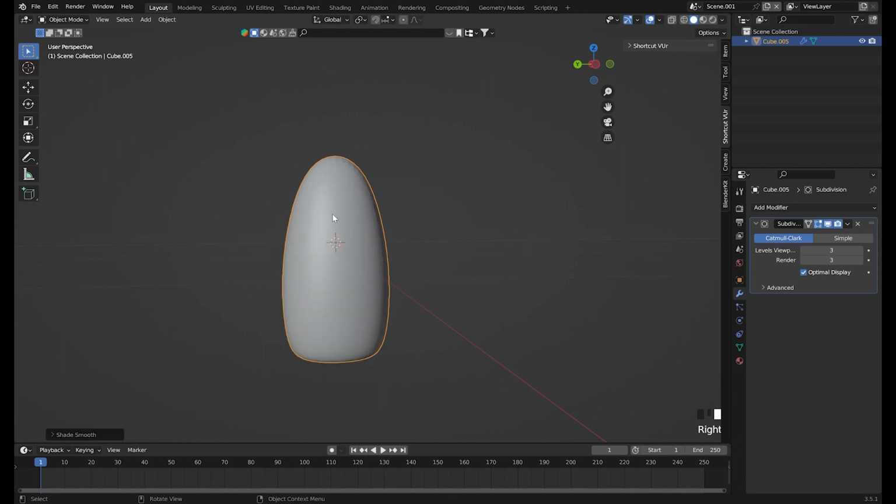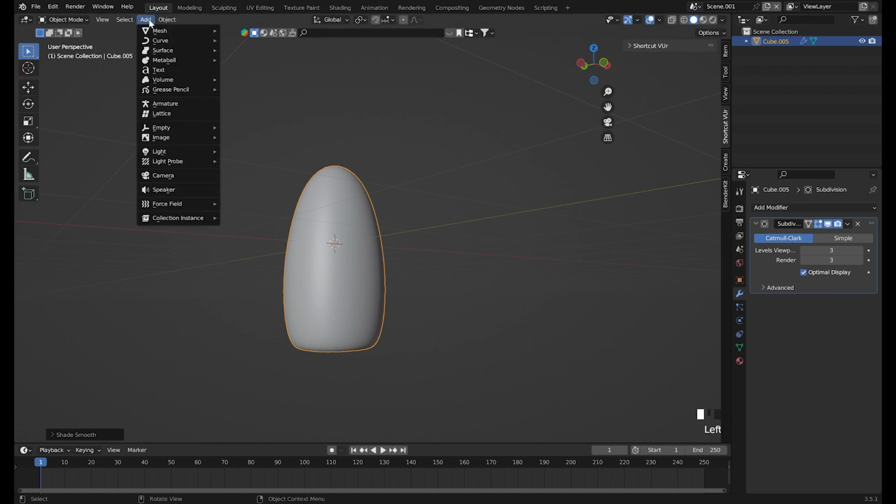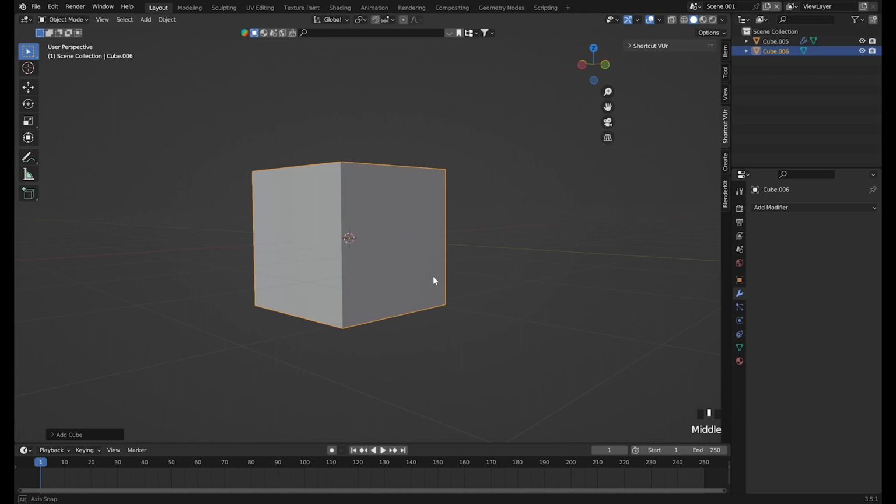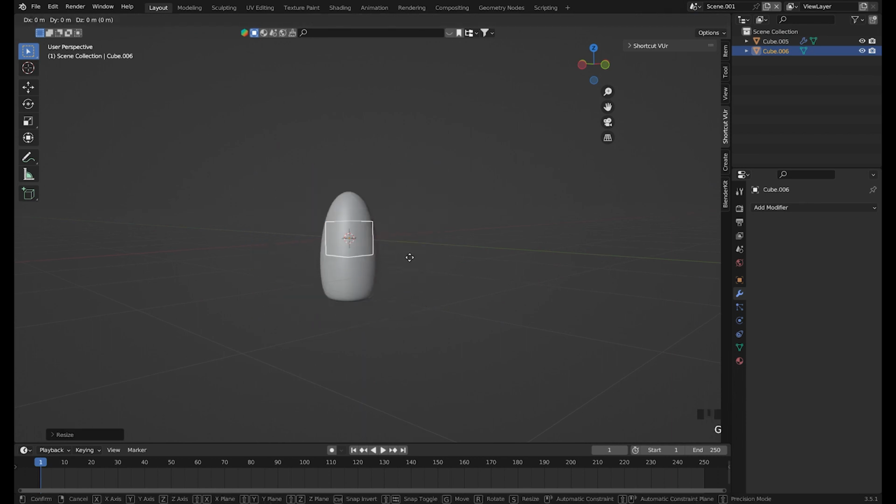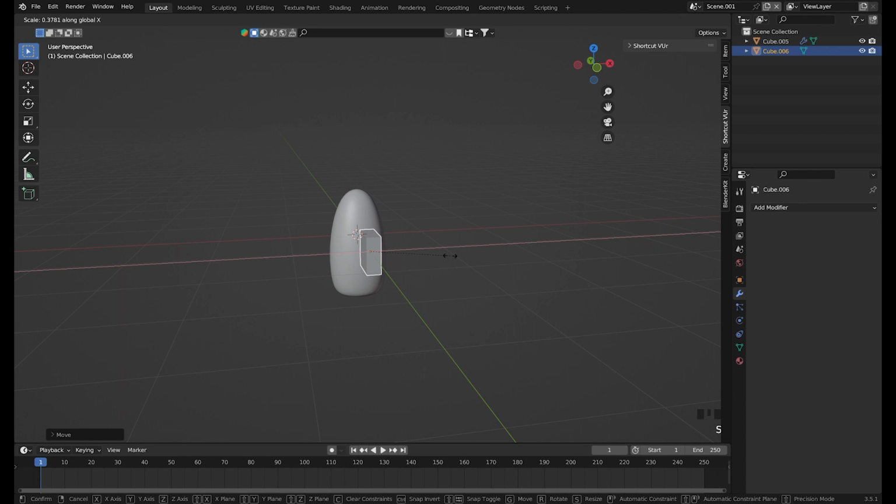Right click, shade smooth, and I think it looks good. Now we have the body of the rocket. We're gonna create the feet for the rocket. We're gonna add another cube, scale it down, move it a little bit, scale it down on this x-axis,